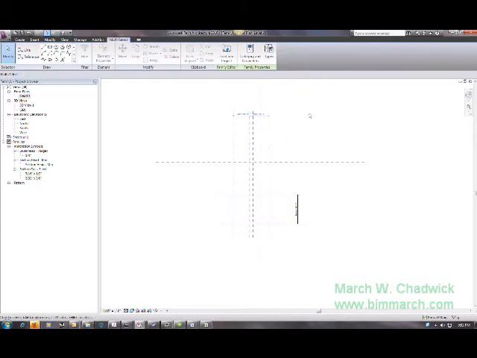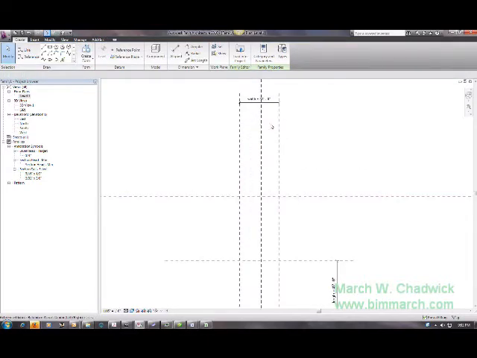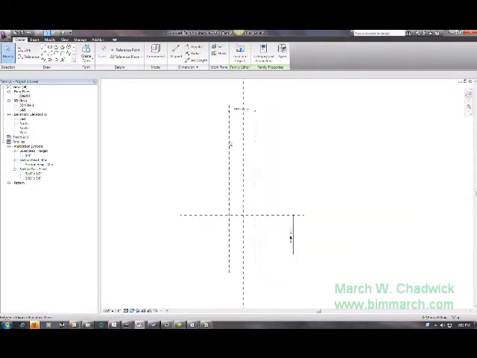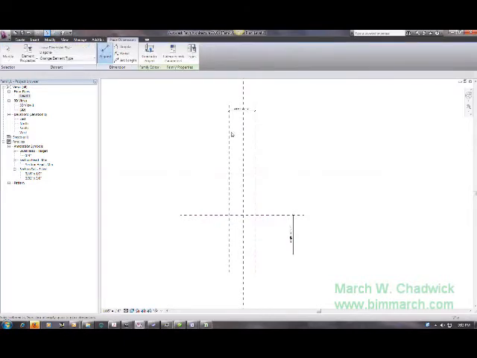Yeah. If I wanted them to be centered on this reference plane, those two reference planes, I would want them to be centered on this reference plane. We could do that pretty easily by selecting that align dimension tool, touching there, touching there, touching there, clicking out